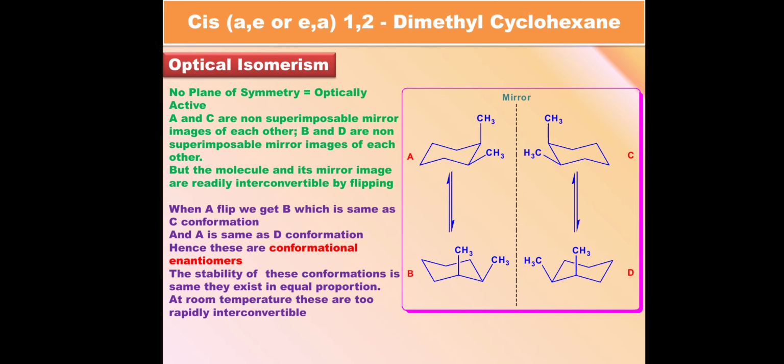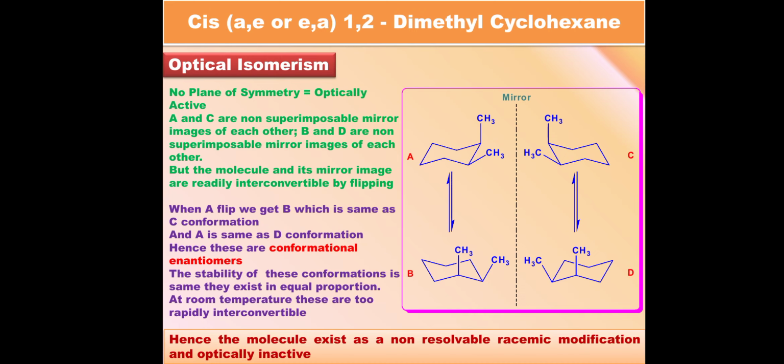Then you will realize those molecules or those conformations have similarities. Therefore, they are called conformational enantiomers. The stability of these conformations is the same. They exist in equal proportion, and at room temperature it is very difficult to measure the optical activity as they are too rapidly interconvertible. Hence, we come to the conclusion that the molecule exists as a non-resolvable racemic modification and